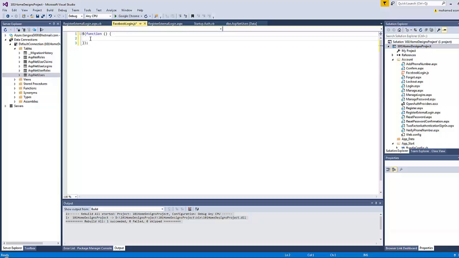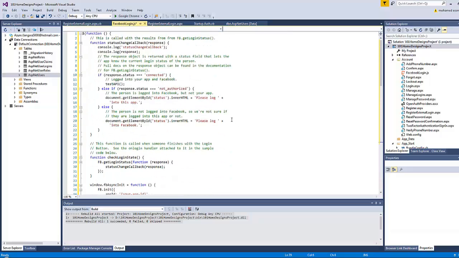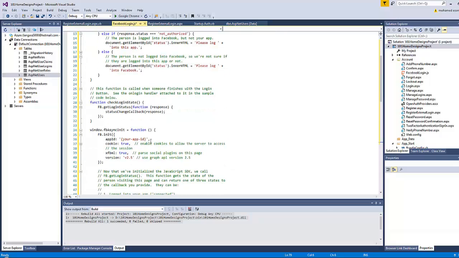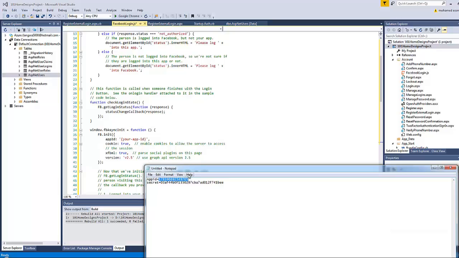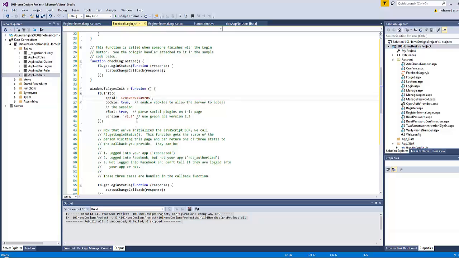All of that will happen. Okay, and one important thing here to change is the app ID. So the app ID will be our app ID. It's not necessary to enter the password. So this is our app ID that has been written,